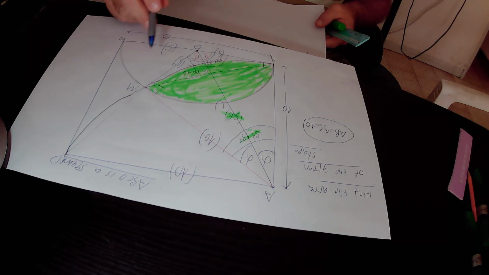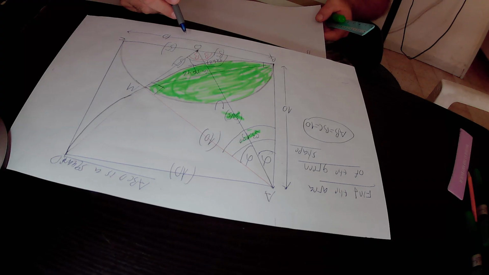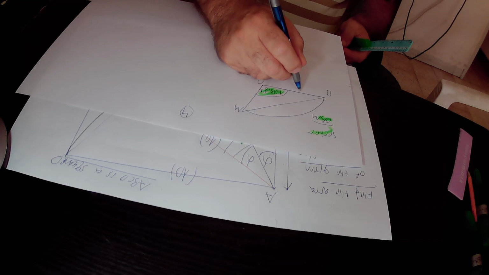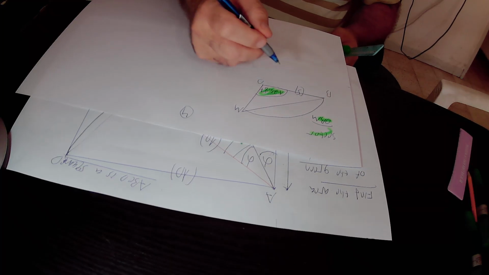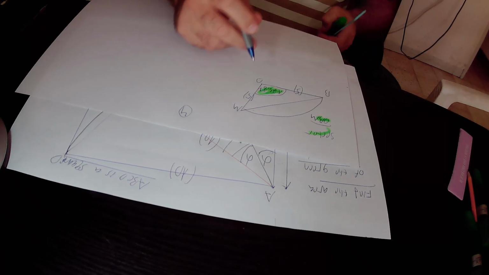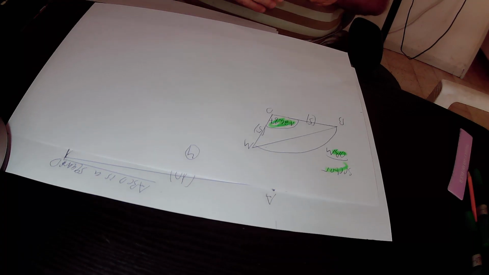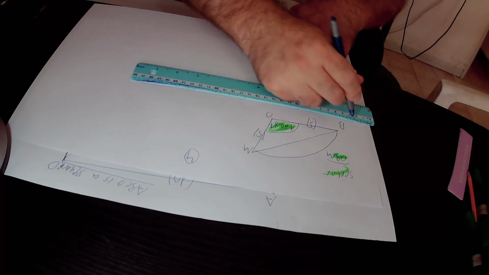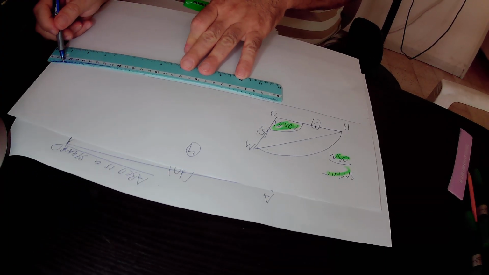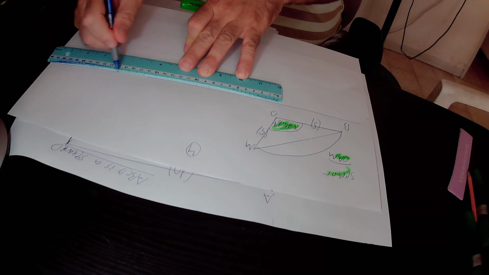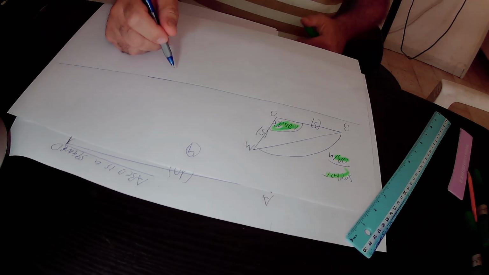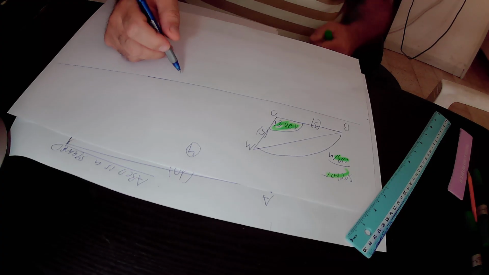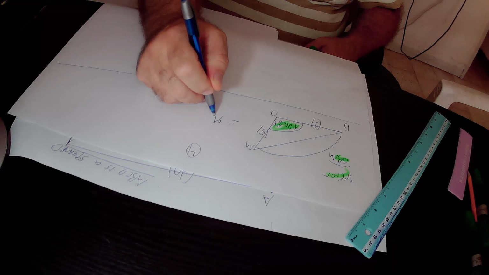OB equals OM. They are both the radii of the semicircle. That is equal to 5. OB equals 5. OM also equals 5. So what is the area of this sector OBM? According to the formula that I presented to you a couple of minutes ago, the area of this sector OBM will be equal to pi r squared,